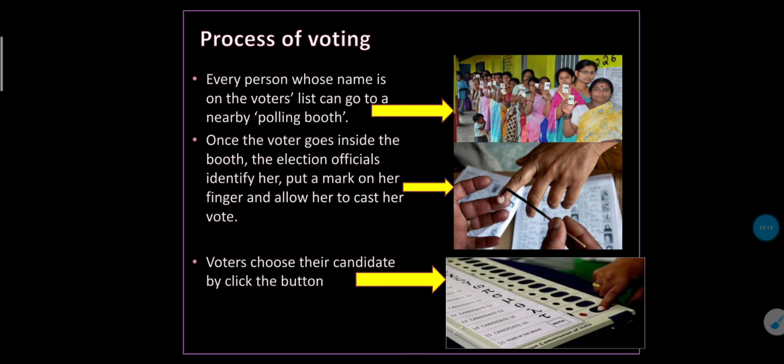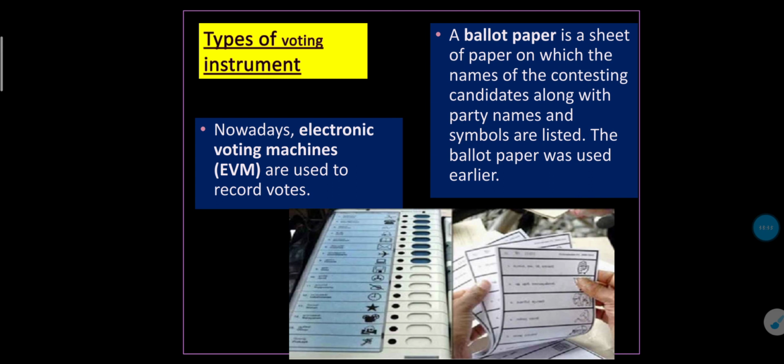giving a stamp on the ballot papers and putting them in the ballot box. Whatever the method is over there, they do it like that. So this is the process of voting, how the people give their vote. After the voting is completed, the counting will go on. But before that, let me tell you about something.